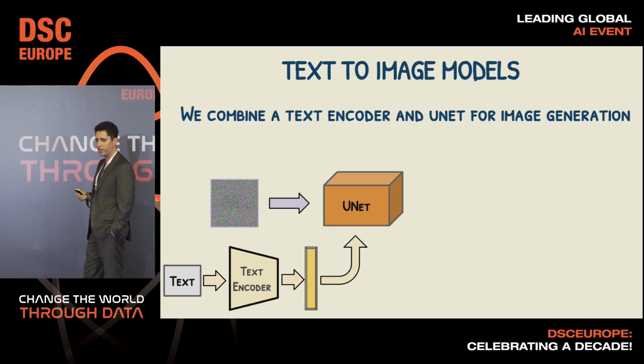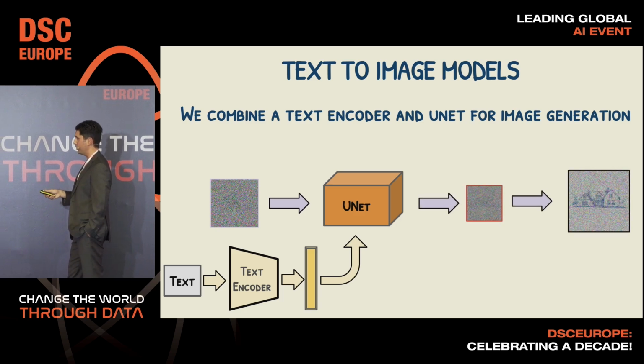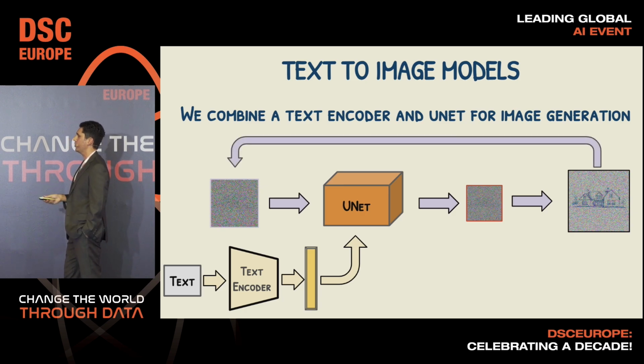And then we're going to train this architecture to hopefully produce the noise that can then be removed to create the image. And we want to align it to this text encoding so that it matches the desired output. And you could keep looping this, produce the noise, remove the noise,